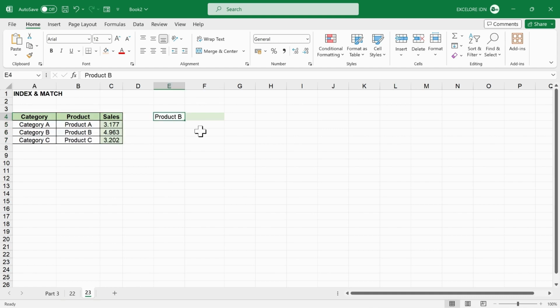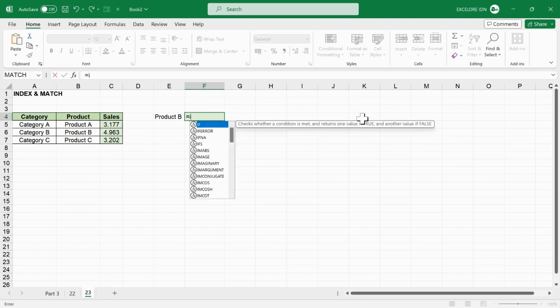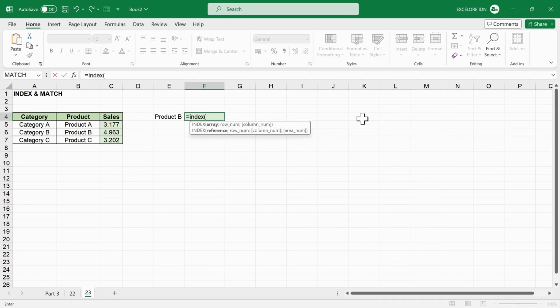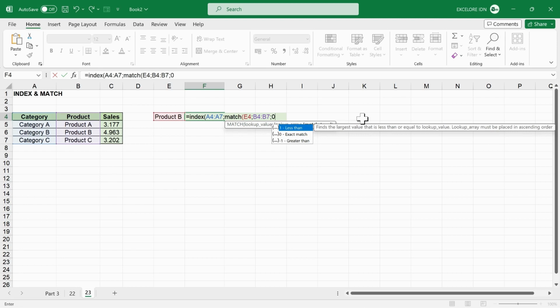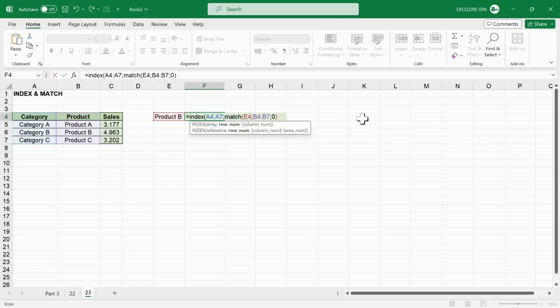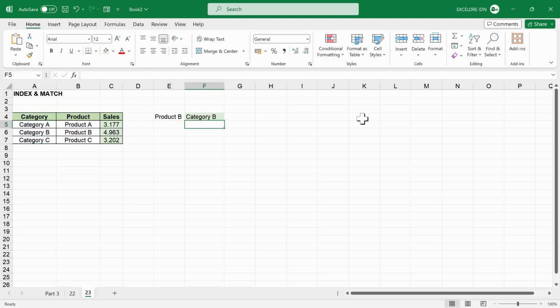The function should be directly entered into the cell rather than the function arguments box. We begin by typing =, type INDEX, then an opening bracket for the INDEX function. Select the search column where product category B is located. Semicolon. Type MATCH. Opening bracket for the MATCH function. Select the keyword. Semicolon. Select the keyword column. Semicolon. Select 0 for match type. Closing bracket for the MATCH function. Closing bracket for the INDEX function. Press Enter. The result is like this.